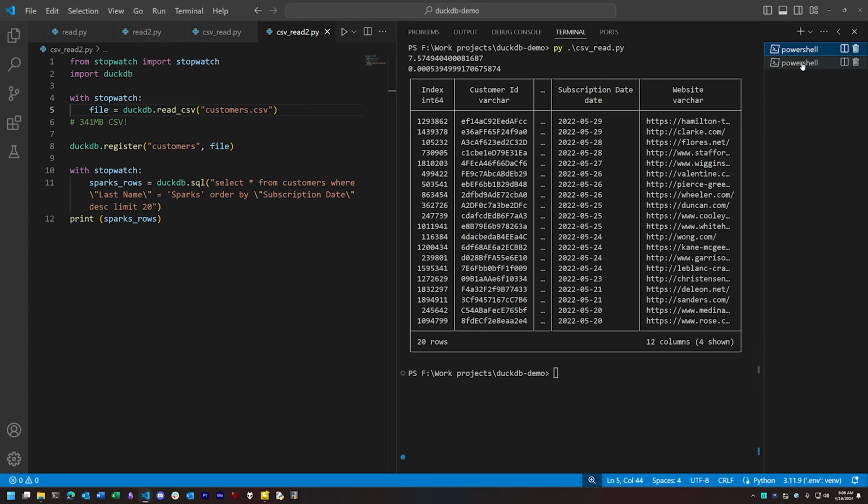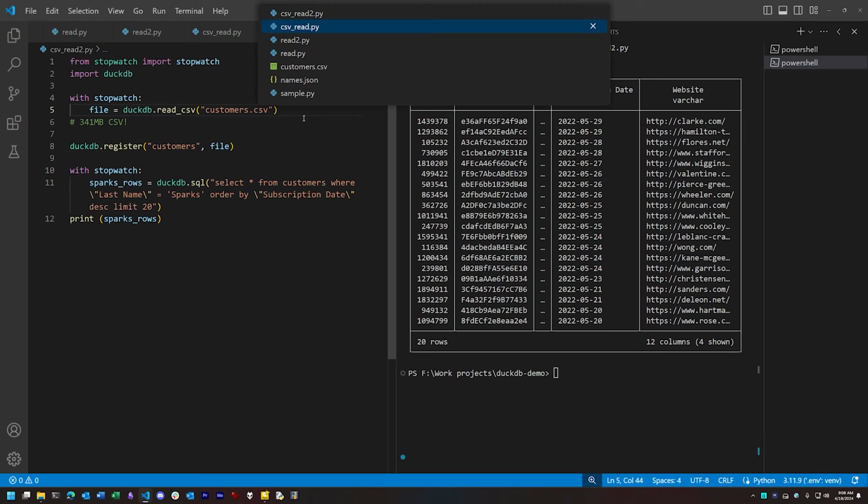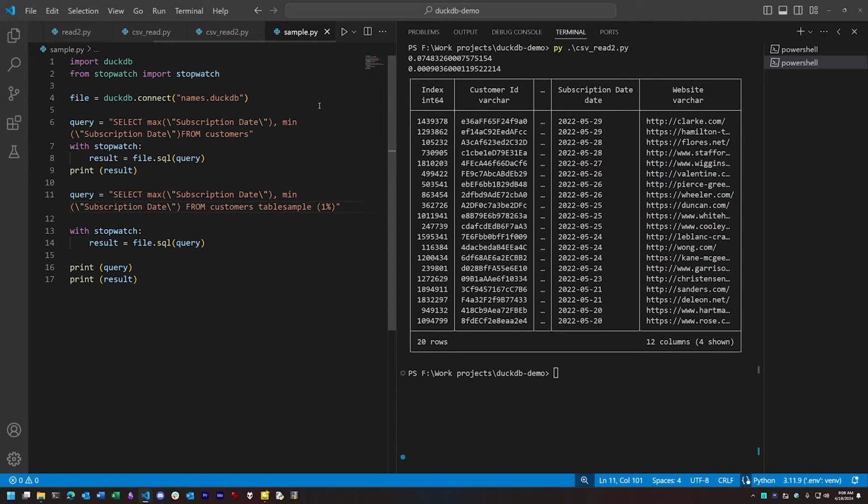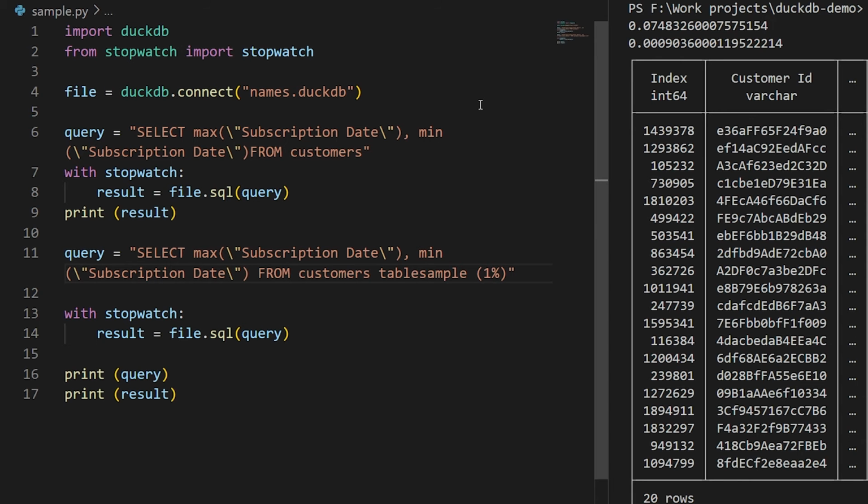Another big feature with DuckDB are the analytics functions that are built directly into it. Let's say I have some query that I want to perform, but I don't want to use the entire data set I have to do it. I just want to use a sampled subset, and DuckDB has a native mechanism to that end. So here we have a query that's going to be run against our imported CSV of name information, and it obtains the minimum and maximum values in a date column.